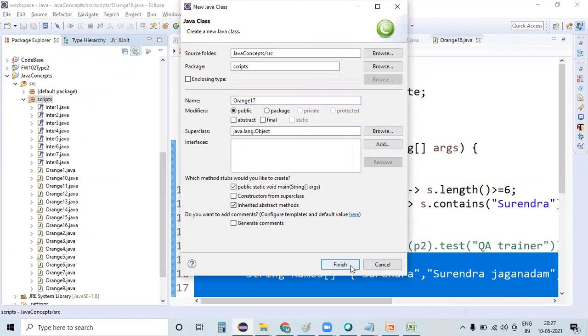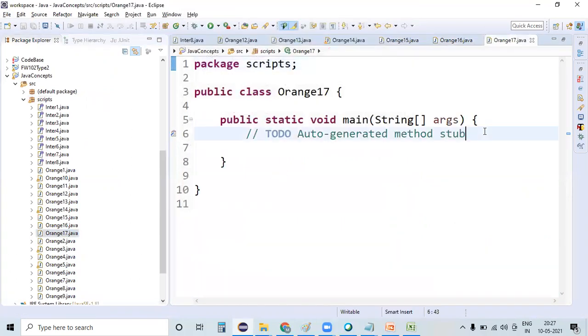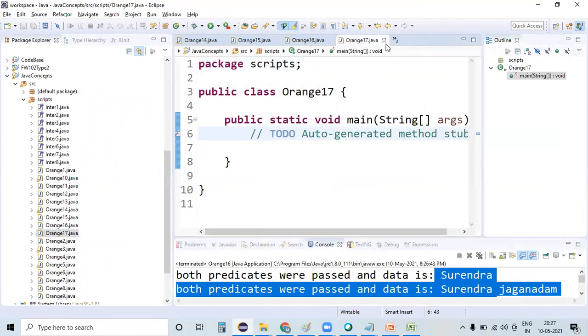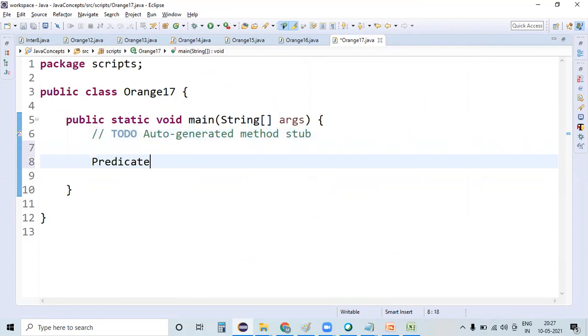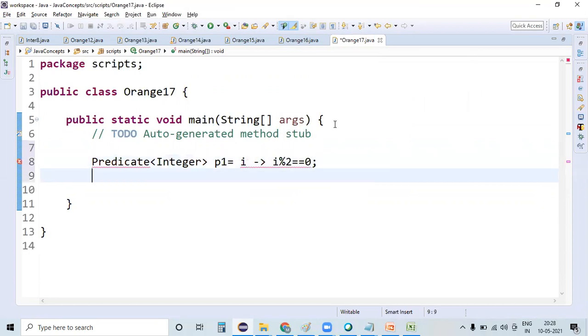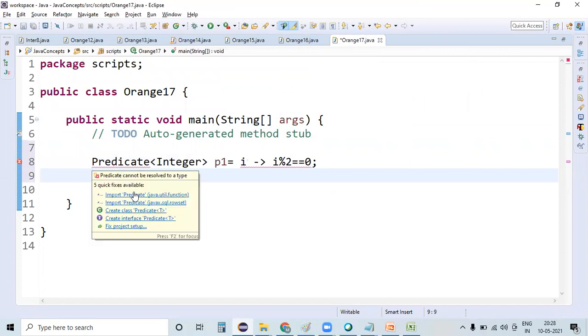So guys, the reason why we are putting in this many examples is to help you understand this concept in an easier way. That's it. Okay, so Predicate of Integer p1 is equal to i, and this time I want to check whether that is an even number or not. If i modulo 2 is equal to 0, then definitely it's an even number.